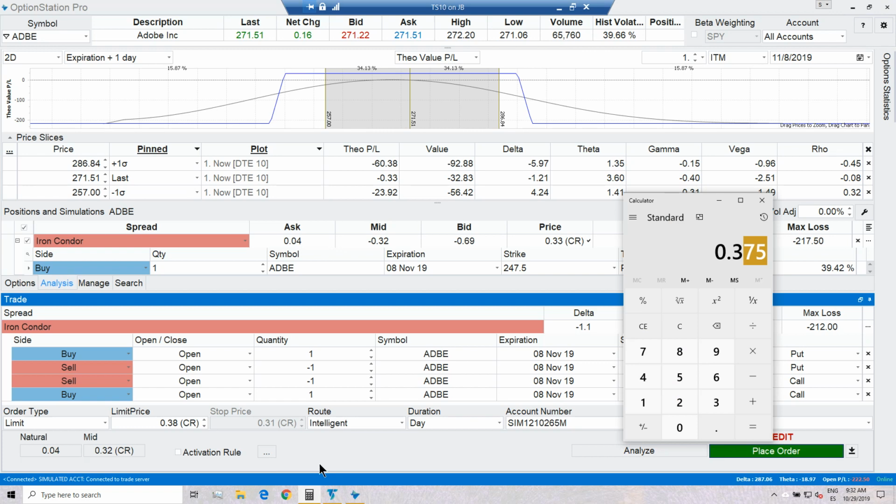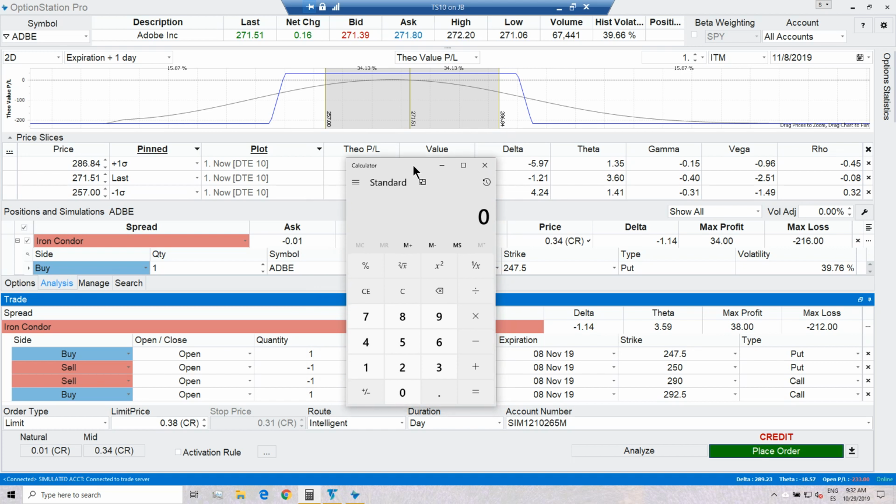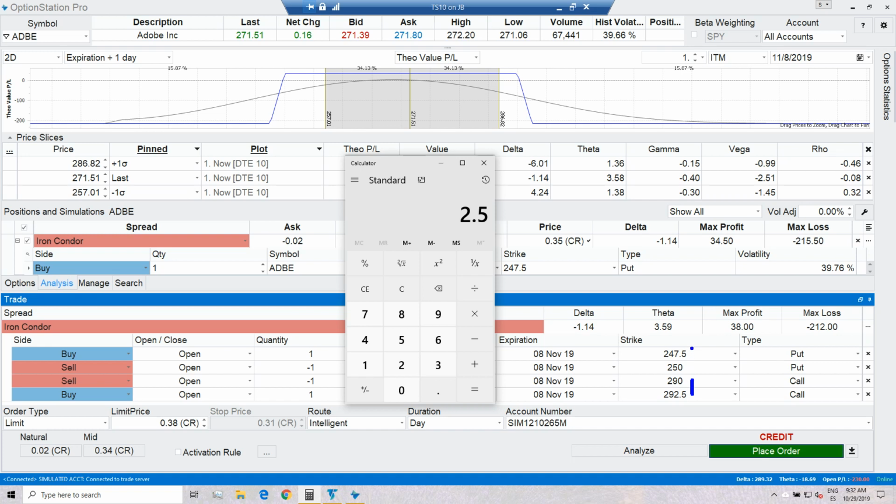One more instruction I would like to give everybody. This should be clear from the sharpening sessions we have done, but just in case, we have $2.5 strike price increments, don't we? Between 290 and 292.5, or 247.5 and 250. So it's $2.5. And that means that the risk of the trade is 2.5 times 100, which is $250. Now, if I sell this option for 38 and I get filled for 38, then I am going to collect 38, so my maximum risk of 250 is now diminished to 212.